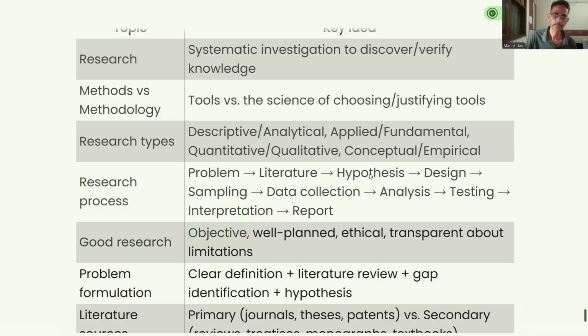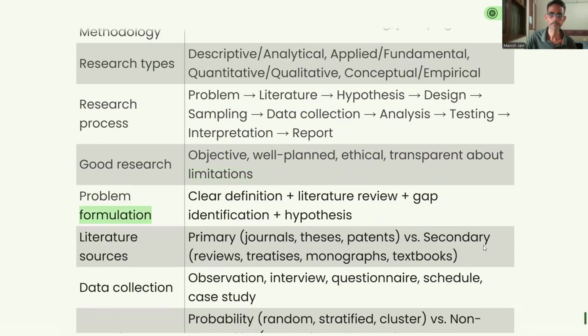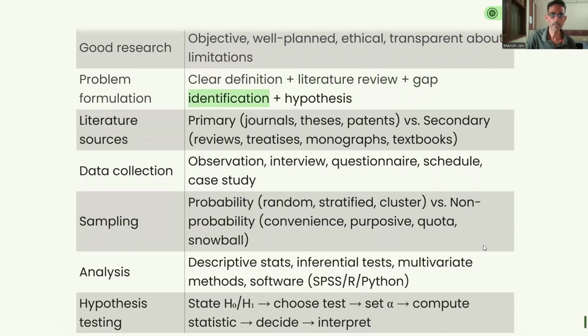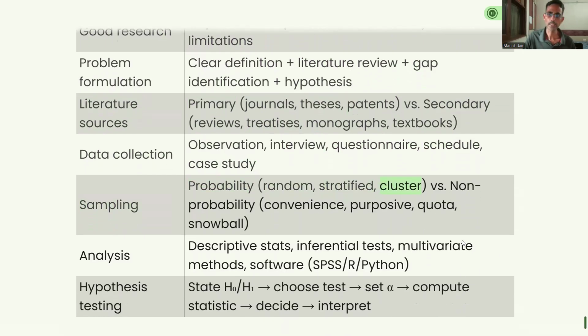Good research objective: well planned, ethical, transparent about limitations. Problem formulation: clear definition plus literature review plus gap identification plus hypothesis. Literature sources: primary, such as journals, theses, patents, versus secondary, such as reviews, treatises, monographs, textbooks. Data collection: observation, interview, questionnaire, schedule, case study. Sampling: probability, random, stratified, clustered, versus